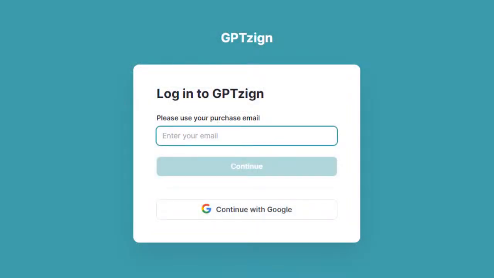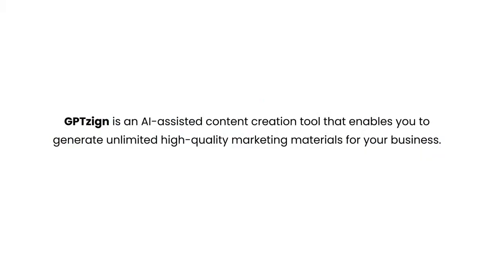Once you get there, you have to put your purchase email in. It won't accept anything else other than that. It's like an app.